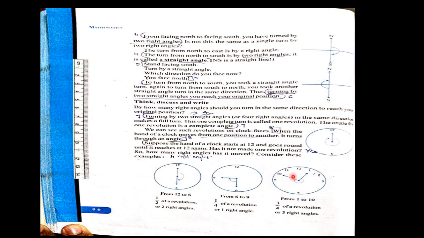Now see the hand, first it was at 1, now it has moved and reached 10. Okay, so this revolution we say is 3/4 of a revolution. Here see the numbers, it is moving and it has covered 9 numbers. After it reached here: 2, 3, 4, 5, 6, 7, 8, 9, 10. So the gap we have is 9 numbers. So it has completed 3/4 of a revolution. Okay, children.